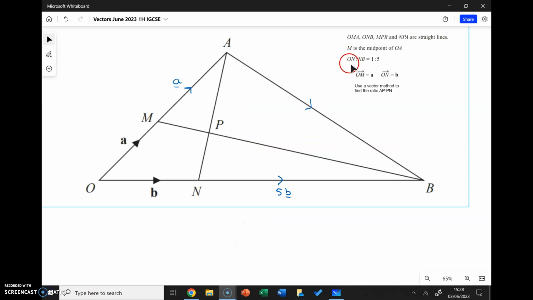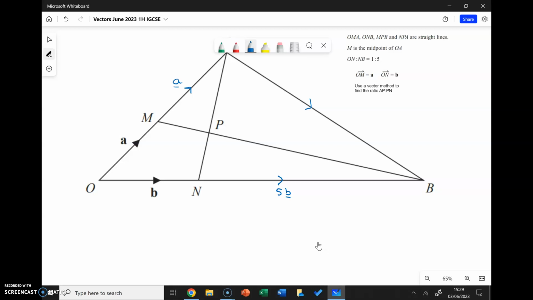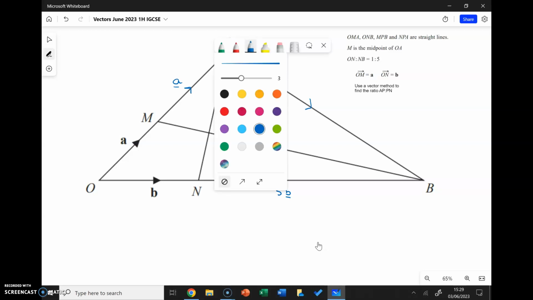So we're told the ratio of O to N to B is 1 to 5. So if that's 1 to 5, then obviously N to B must be 5b. And we might as well find some other things that we can find. So for example, let's find A to B. So if I'm going from A to B, I'm going to go,